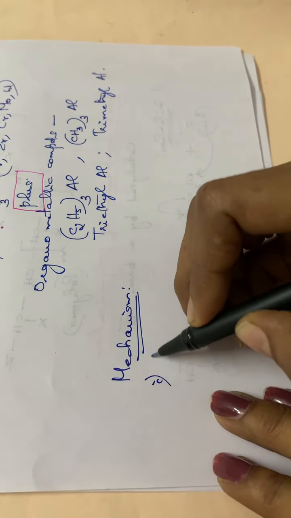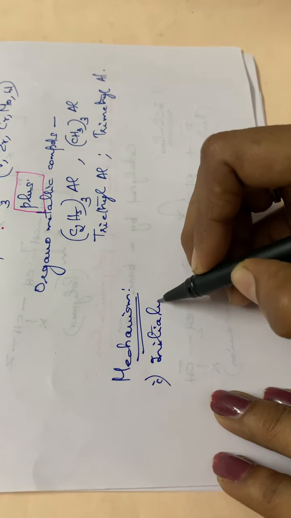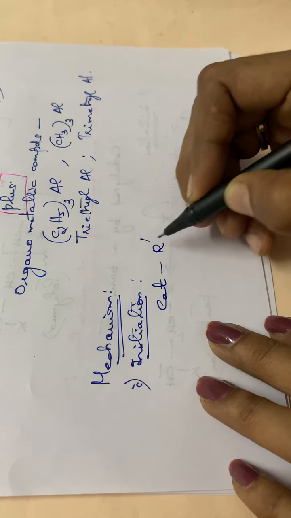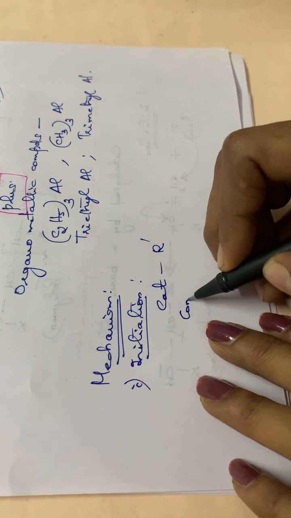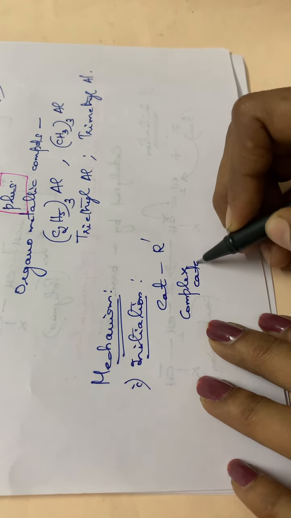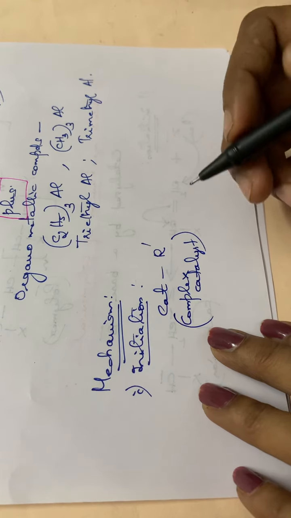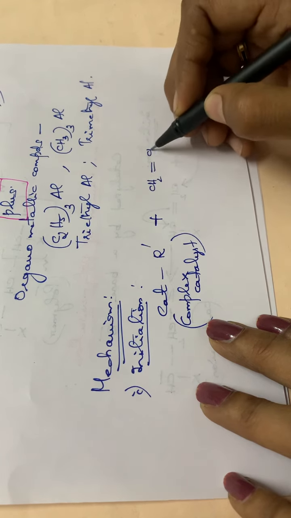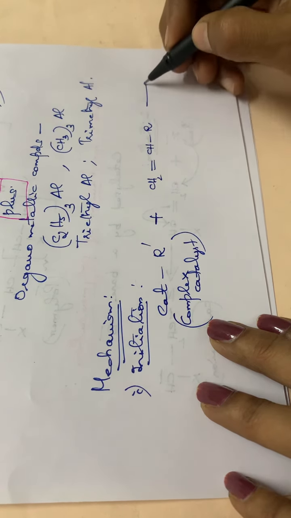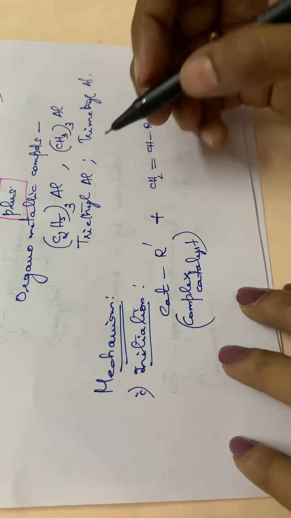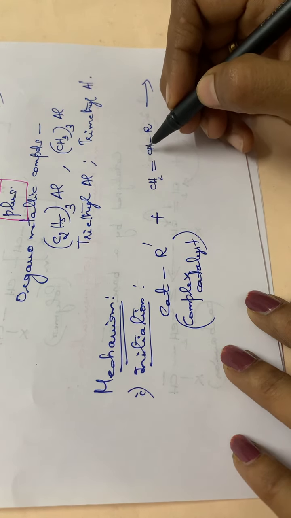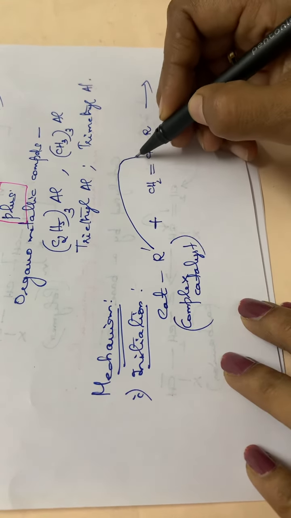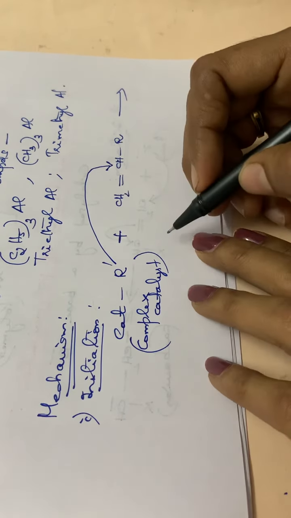So first step, initiation. The initiator is the catalyst, and the catalyst can be represented as R dash catalyst. This is a complex catalyst, that is a Ziegler-Natta catalyst, R dash catalyst, plus the monomer. Here an unsaturated monomer, isn't it? CH2 double bond CHR, monomer. Both of these will be combining: this particular bond will be breaking, two valencies will be freed, and this R dash will be joining to this carbon atom. So this R dash will be attacking this carbon atom.